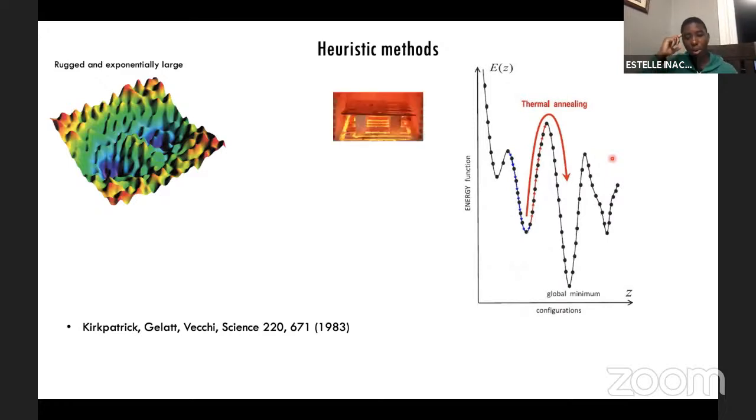And it's actually inspired by a very old metallurgical technique, whereby to make a material, say glass, more solid, you have to heat it up to a very high temperature so that you give enough kinetic energy for the atoms to explore different configurations. And then you slowly cool it down so that the atoms in the material are arranged in a configuration that minimizes the free energy. And this kind of concept has actually been implemented on dedicated hardware.